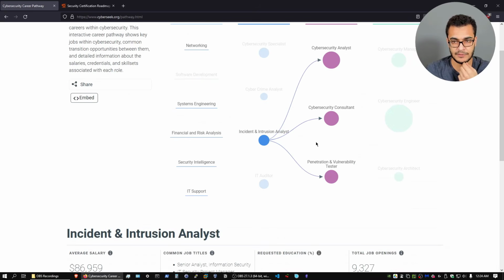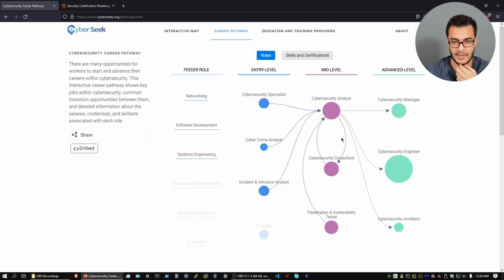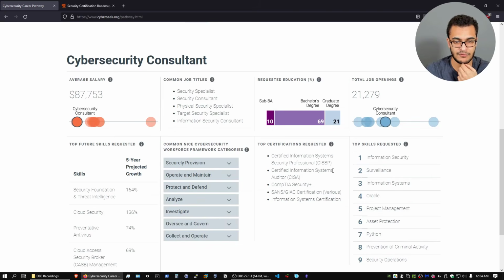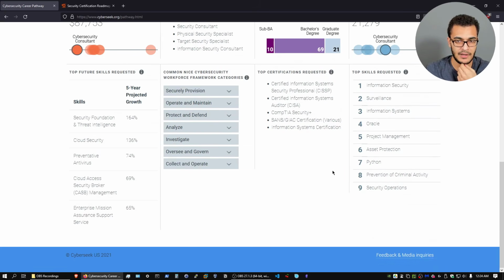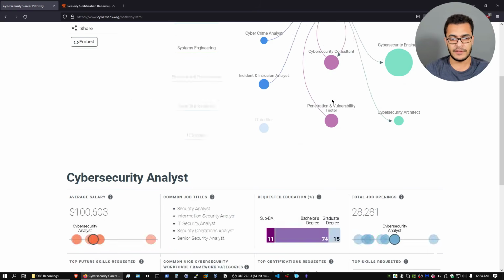So that's fairly simple. Now let's take a look at some of the other mid-level roles, like an analyst, because a consultant is somewhere in between both of these roles in a sense, where to become a consultant, you essentially need to have a little bit of everything, really, so that you can actually consult with companies or help companies secure the infrastructure. So let's take a look at the analyst role, right?